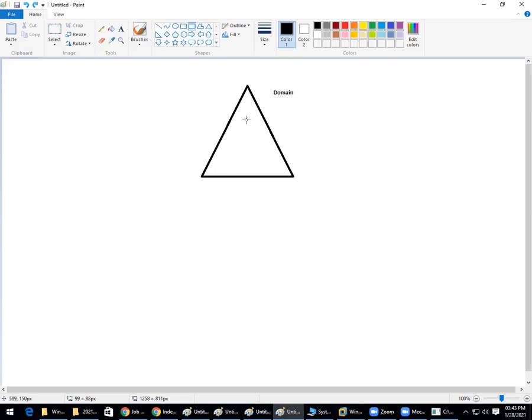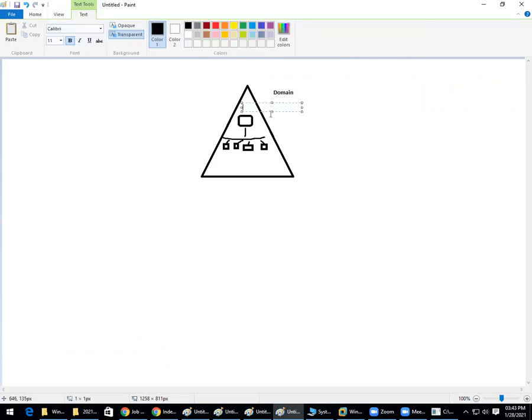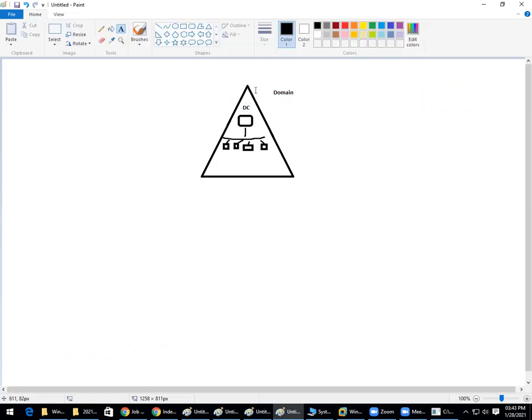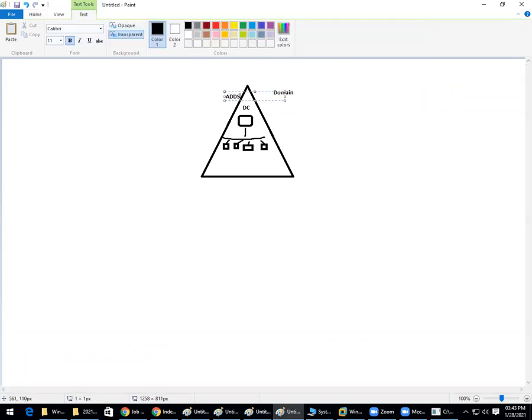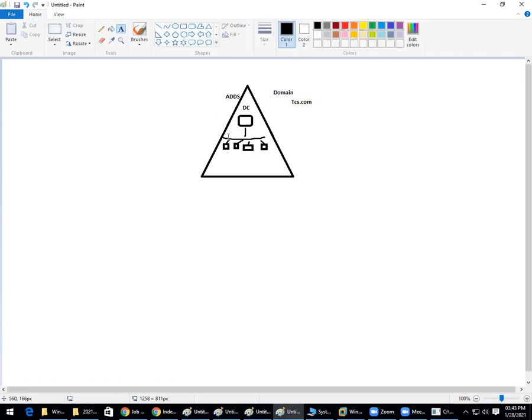In this, I have a server, and inside this server I have a network, and here all your computers will be there. This is PC1, PC2, PC3, PC4, and all these PCs will be under this PC, which is called a DC. It becomes a DC when we install a service called ADDS, and the domain name I have given is TCS.com. This is my new domain.